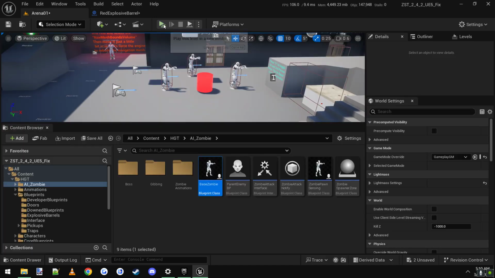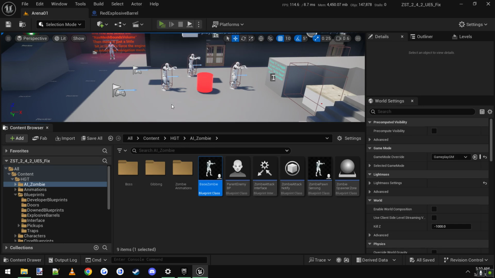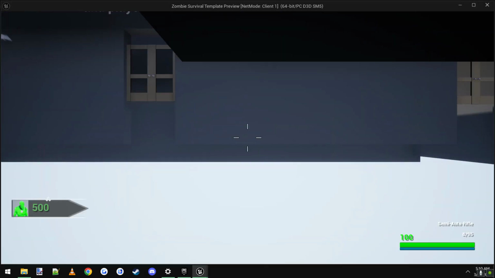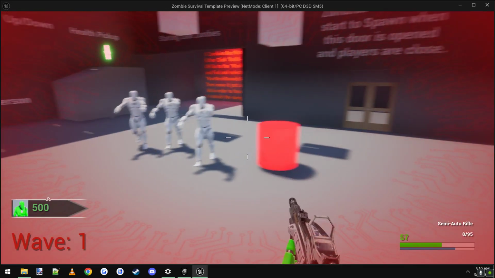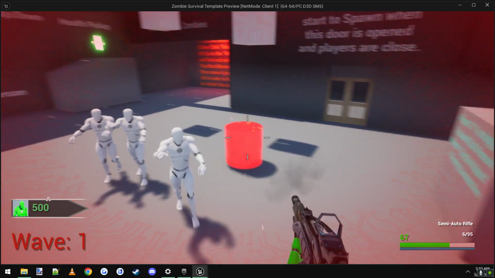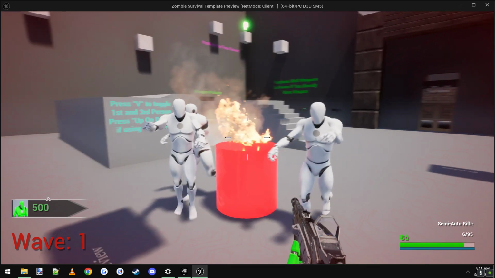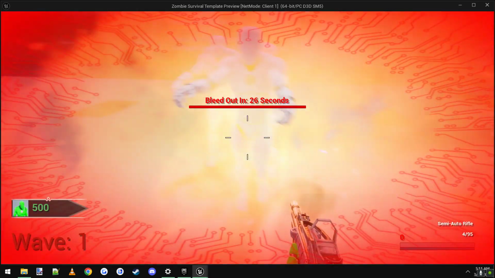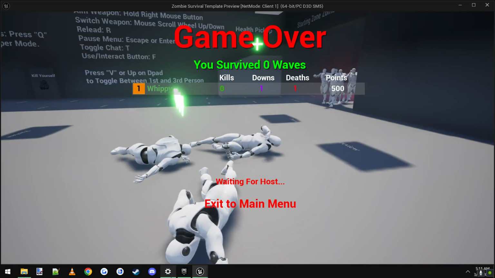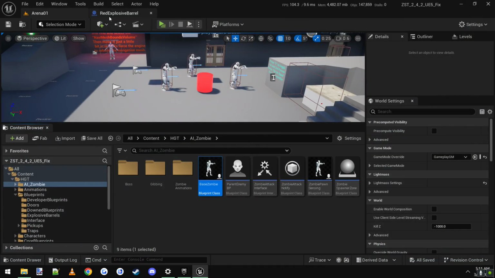Let's see what happens then. We save the game. Ooh, already hit. Alright, so I shot it twice, and you can see that it's on fire. And then I'm just gonna get close to it. And it killed me and all the zombies. So it's pretty simple like that. Now,